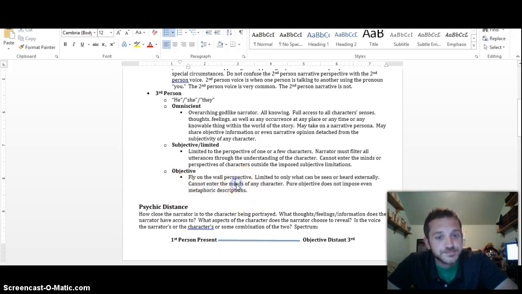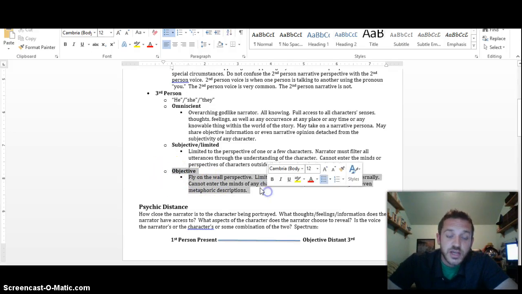In screenwriting, you always write in a third-person objective point of view when you're detailing a scene. And this is very difficult to do because when you want to show characters' emotions, you do not have the ability to say, Tyler felt sad. You have to show that Tyler felt sad through body language and expressions and action. So writing in this perspective is a great way to